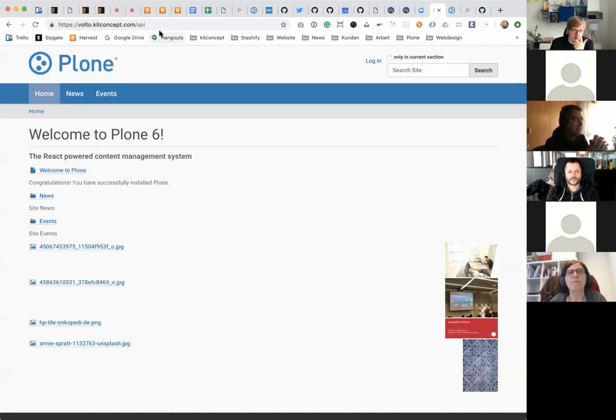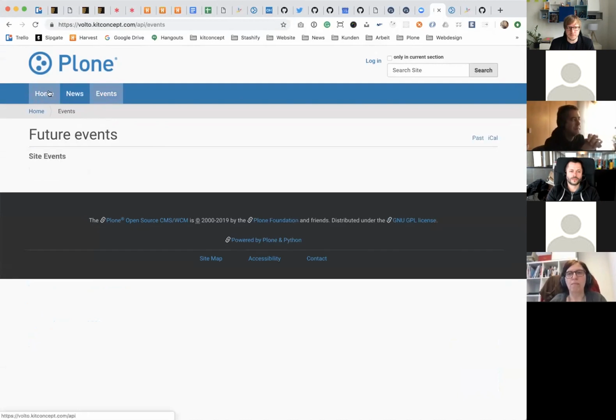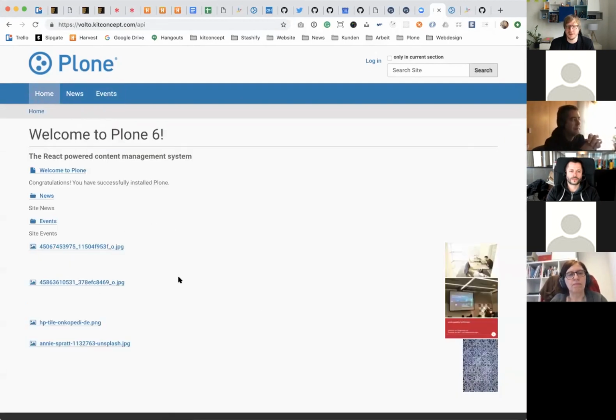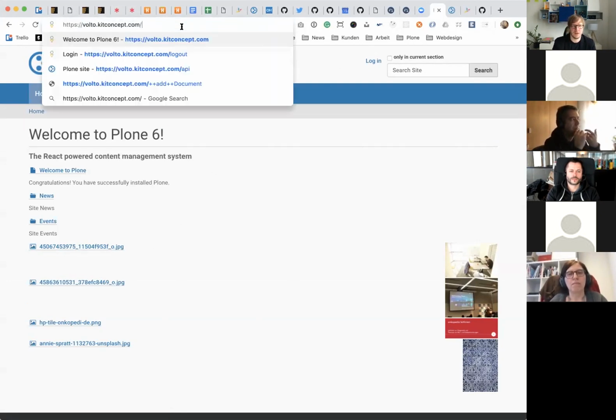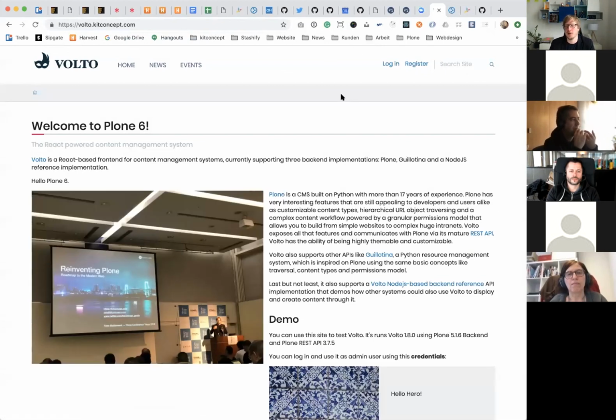You can see here on volto.kitconcept.com that we have the API, and there's standard Plone, right? Of course, it does not have the view and stuff, but the basic content is there. So you could think of Volto as a way of theming, if you want, or a replacement for the UI. Of course, it's a lot more, because we basically re-implemented half of the Plone stack and simplified that. But in the end, it's something that you can run in parallel and that you can also take away if you want. Yeah, thank you.